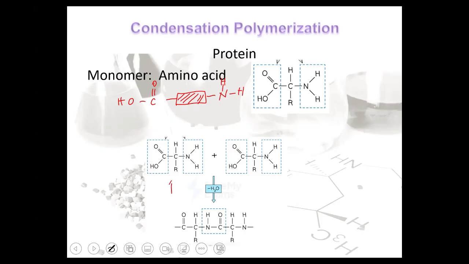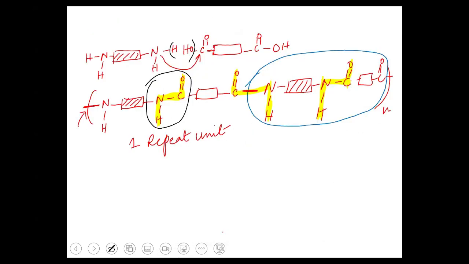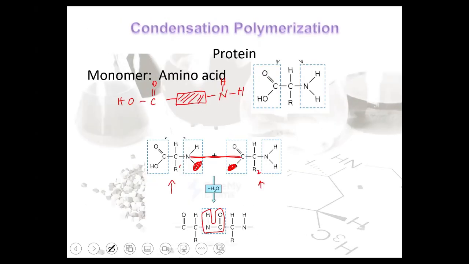So let's look at an example. This is one amino acid, this is the other amino acid. Let's suppose it's R1, it's R2. This is what makes them different from each other. So this NH2 side will be giving H from here, and this will be giving OH from here. So this N will be combined with C, and this would be your new bond, making NHCO. The same amide linkage you can recognize, you have just seen in nylon, NHCO. And you will now find the difference in natural and synthetic polymer of amide,